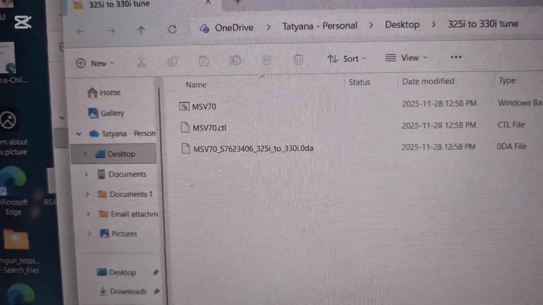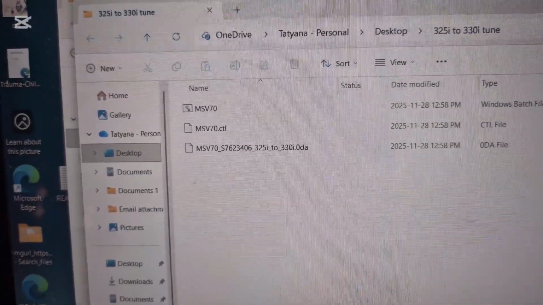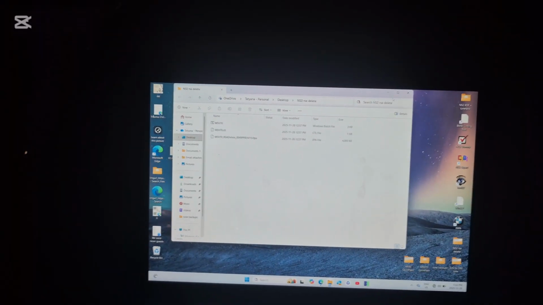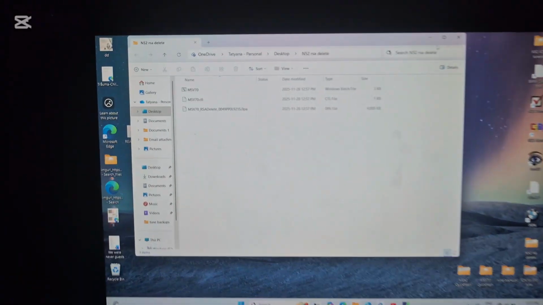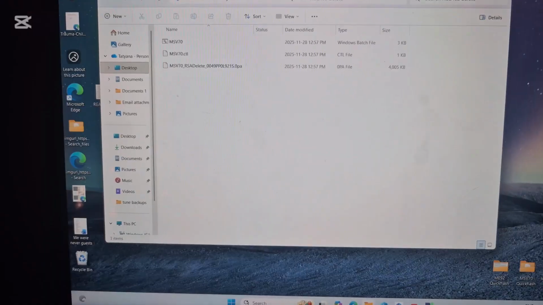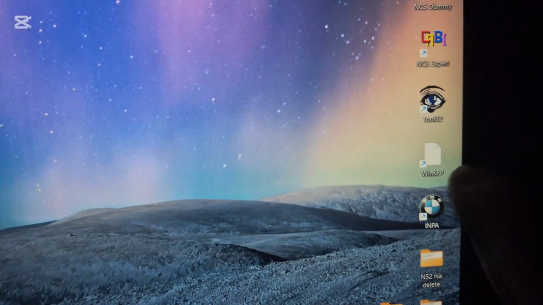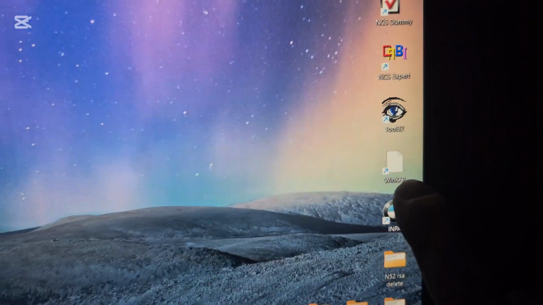Now the tune file takes a minute to flash. The RSA delete basically rewrites the entire ECU, so that took about 10 minutes for me to flash. So when you have all this downloaded, you're gonna need winkfp, and